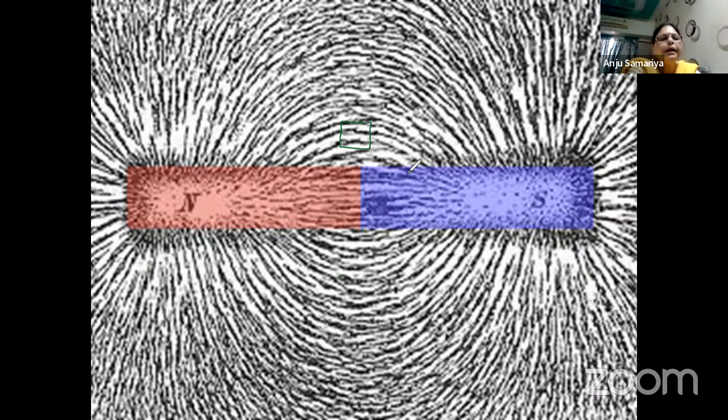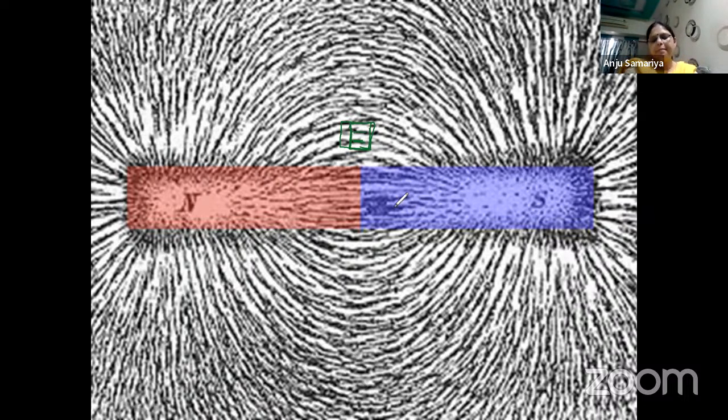Let me take this small part. Can you all see this small part which I have taken? If you check, these small lines are almost parallel to each other, correct? Because the magnetic field is uniform, these lines are parallel to each other.